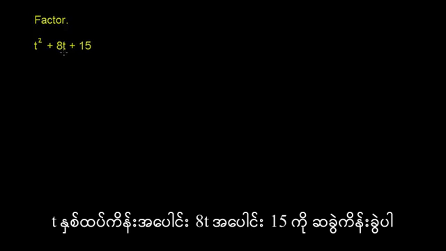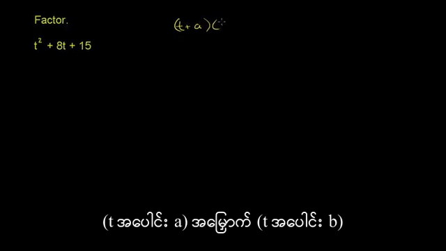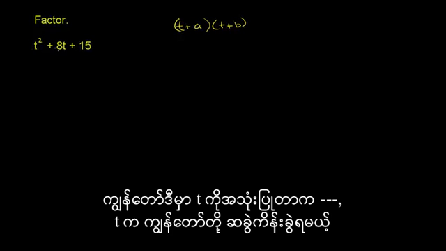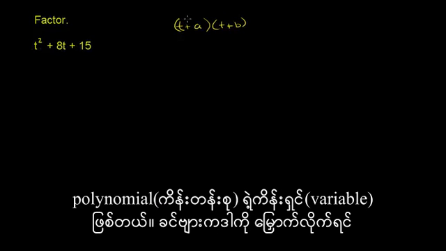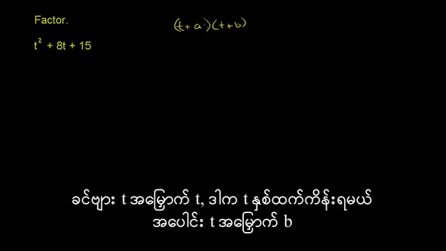Factor t squared plus 8t plus 15. So let's just think about what happens if we multiply two binomials, t plus a times t plus b. And I'm using t here because t is the variable in the polynomial that we need to factor. So if you multiply this out, applying the distributive property twice, or using FOIL, you get t times t, which